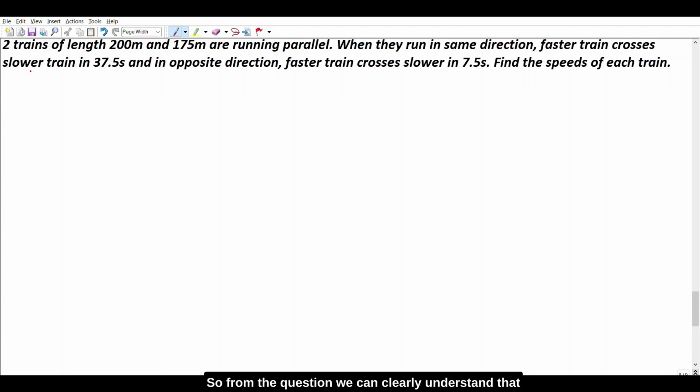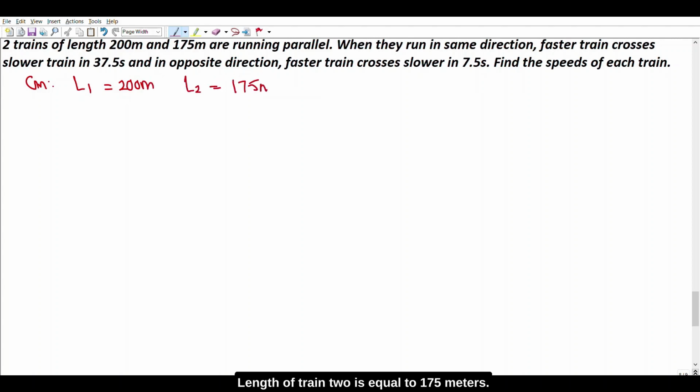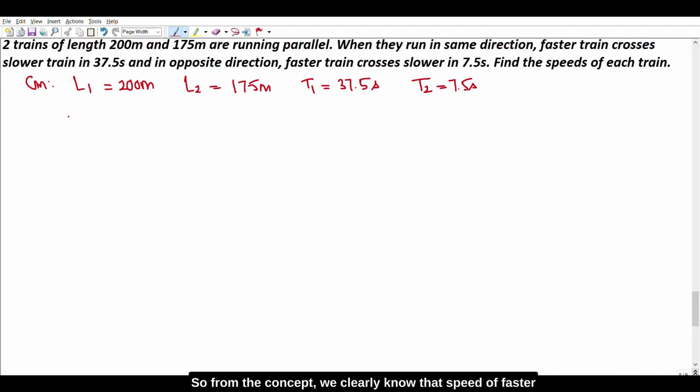So from the question, we can clearly understand that length of train 1 is equal to 200 meter, length of train 2 is equal to 175 meter. When the faster train crosses the slower train in the same direction, T1 is equal to 37.5 seconds, and when the faster train crosses the slower train in the opposite direction, T2 is equal to 7.5 seconds. Find the speeds of each train. So from the concept, we clearly know that